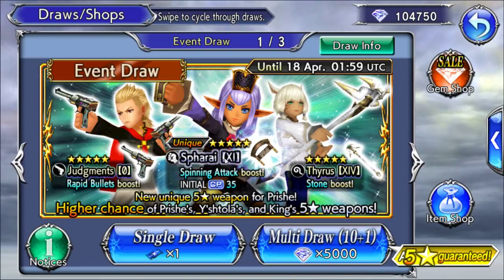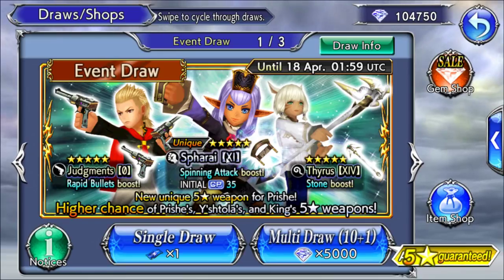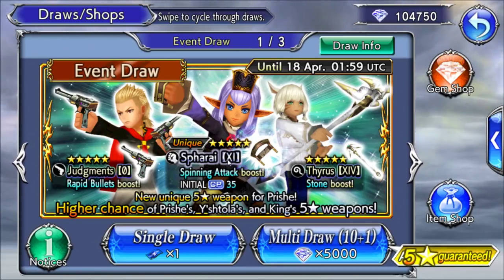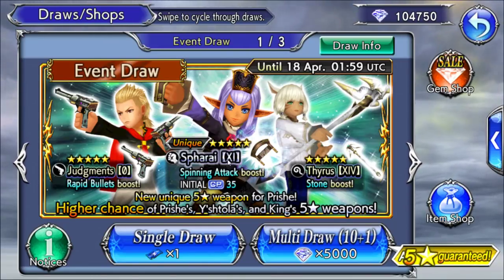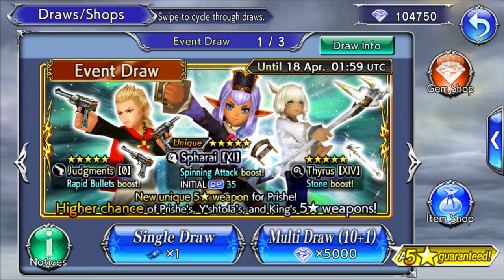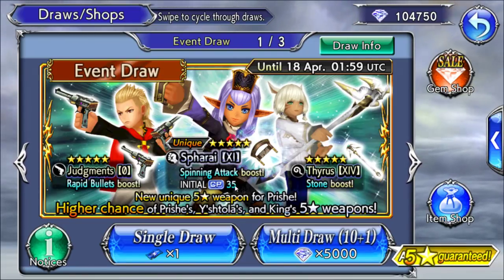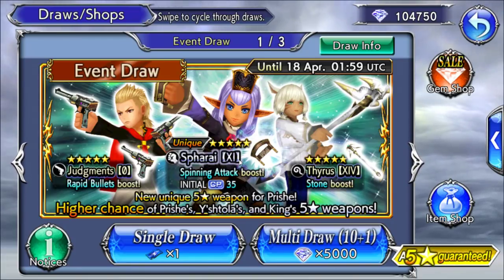Now Prishe with her 15 CP, I don't think she's that great either outside of her event, although she does get some bonuses, like you get some artifacts to farm from her co-op, you get the 2 free pieces of armor, so she'll be decent, you know, she'll be good, but she's not gonna be that strong unless you get her 35 CP. If you manage to get her 35 CP, then she is